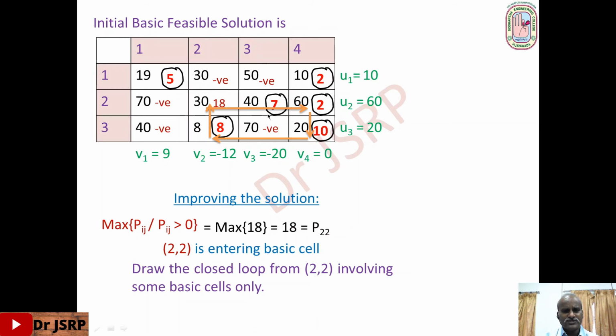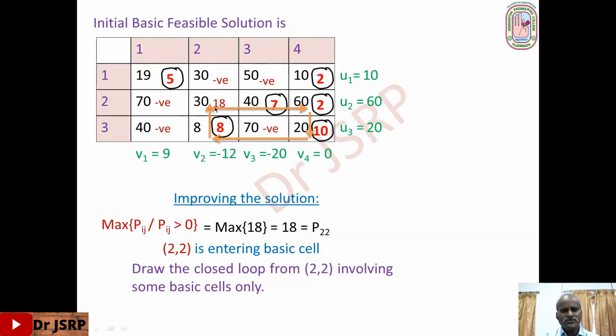Okay, right. Suppose I move from this cell to this cell. From this cell, there is no way, since here there is no basic cell. Okay. I move from this cell to this cell. From this cell, I have two options. I can move to this side or to this side. Suppose I move this side. Suppose I move from this to this. From here, I can move only to this cell. From here, there is no way to move. Okay. So keeping in mind, we have to reach the starting point.